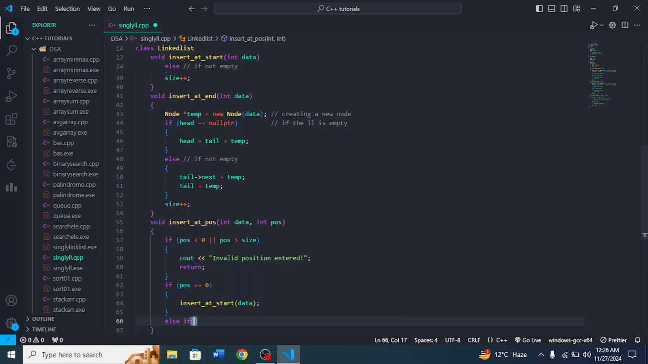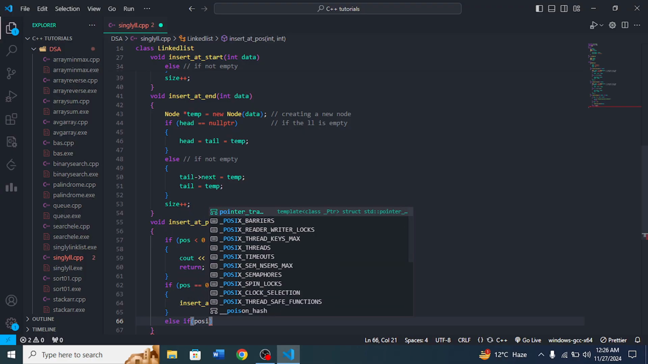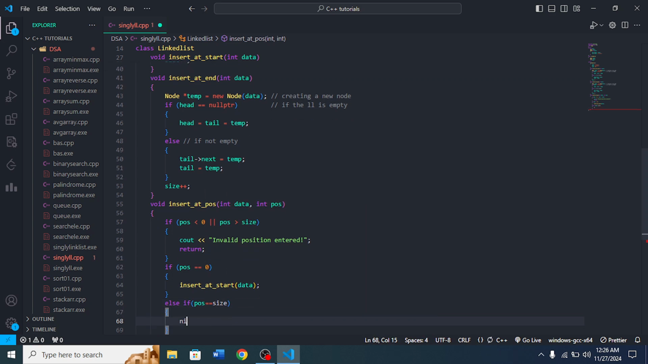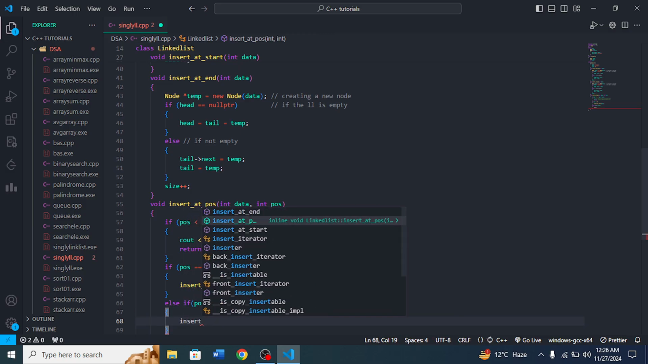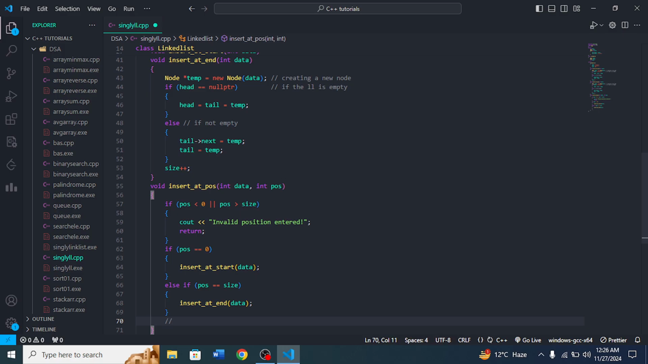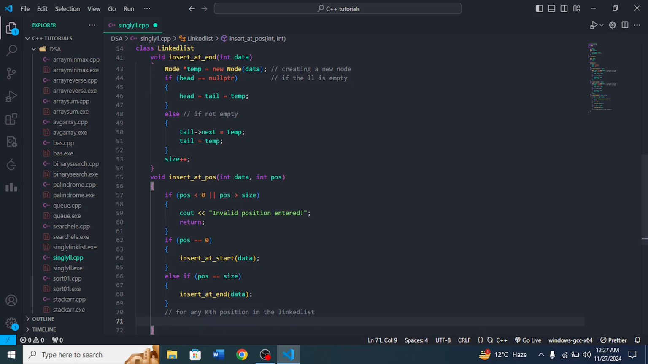For the else if case, if the position is equal to the size of the linked list, then we will simply call the insert at end function, because we are referring to the end of the linked list. And now for any kth position in the linked list, what we first of all need to do is have an else case,